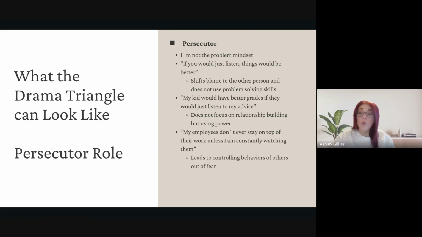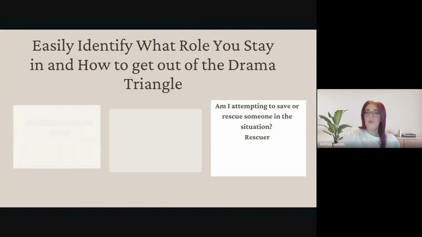That can happen. You can become one of these roles when you don't want to, right? For example, I really try to stay out of these roles, but if someone persecutes me, if I don't use my skills, I can fall victim really, really quickly, even with all the skill sets in the world. Okay, so I don't want you to think that just because you have this information, everything's magically going to change. This takes a lot of work to do. But I wanted you to see just some small examples of how this can play out in real life. This is what it looks like.